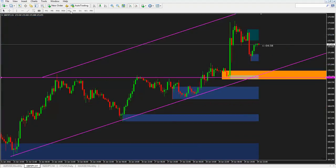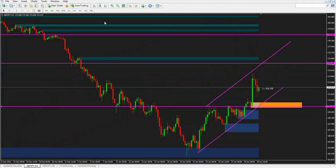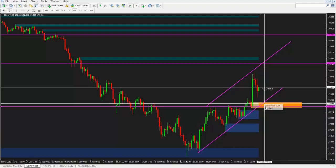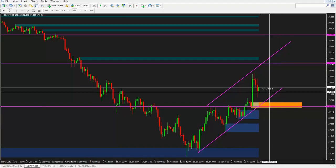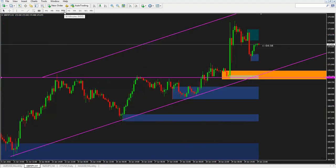Of course, what I'd like to do is go down to the lower time frames as we approach, and if we approach this area, to get on the long side, and we'll see how price action acts. If it doesn't get down to these 170.64 to 170 areas, it's quite possible that we will form new demand in the meantime to move up to the upside. If that happens, then we will have to